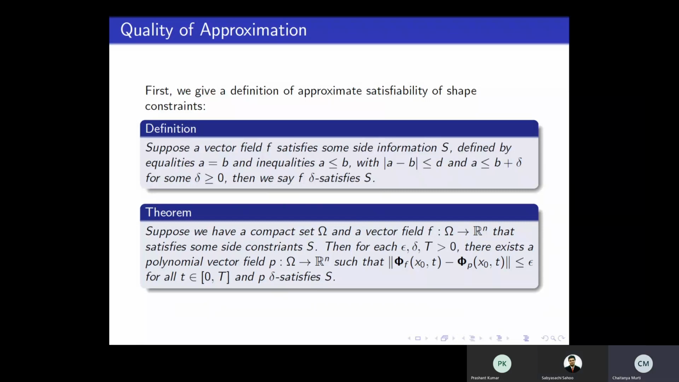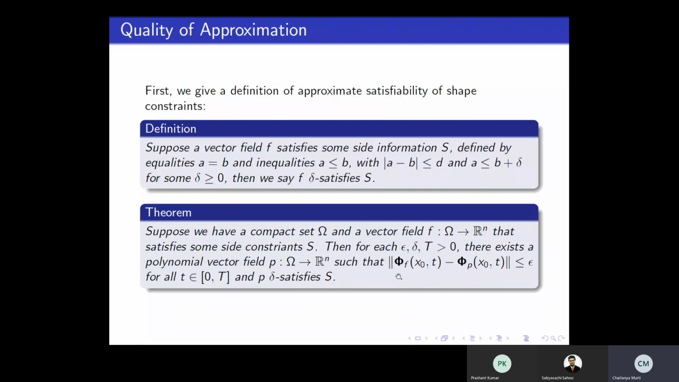So this theorem now is similar in spirit to the approximation theorem we had before. It says, for any epsilon, delta, and t, you can always find a polynomial vector field which maps omega to Rn, which is the same domain as F. F can be anything. It doesn't have to be polynomial. It can be any vector field. But for any epsilon, delta, and t, you will always be able to find a polynomial vector field which has the same domain and range, such that the trajectory starting from the same initial condition